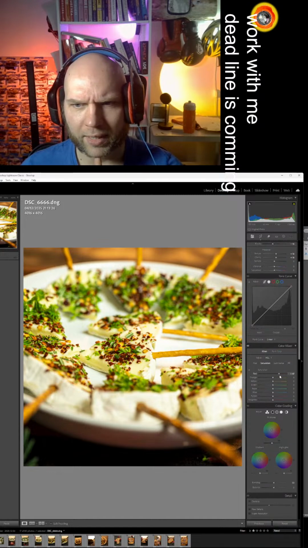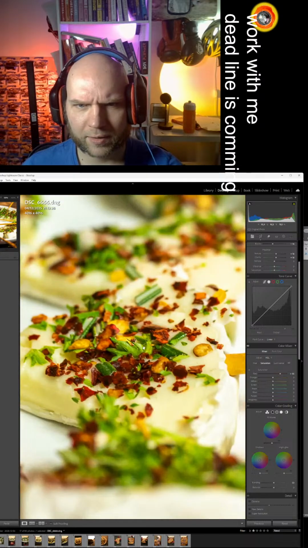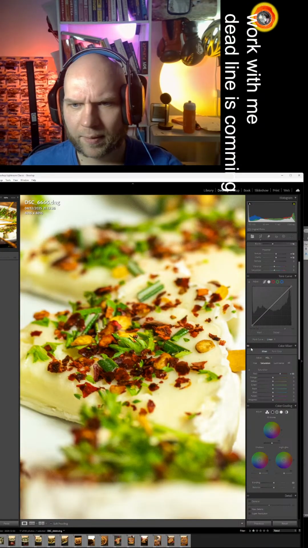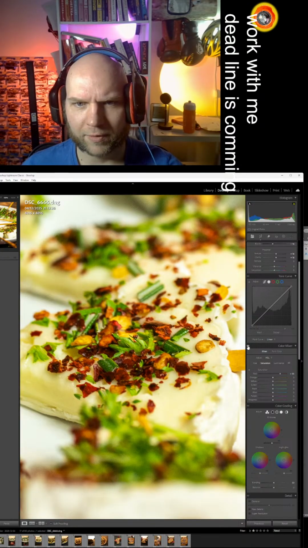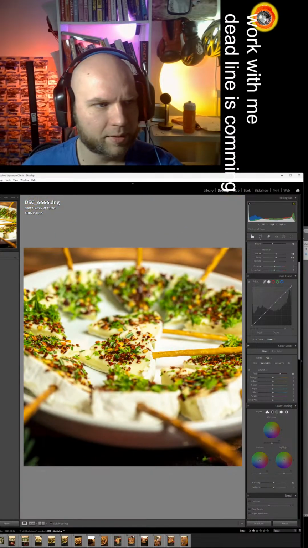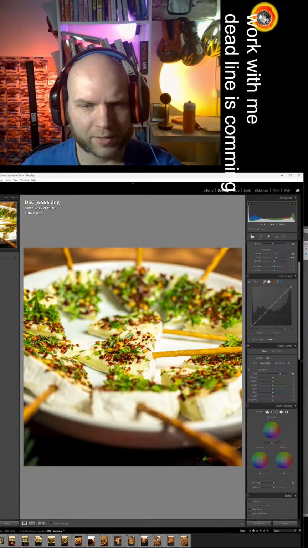Let's see if we add some red color. Then we see more brightness in our red hot pepper like this. Let's see the difference over here. I will zoom in so you can see it. So this is before and this is after. You can see it's a little bit more visible. That's good.